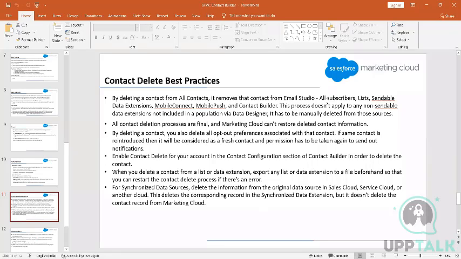Now, once we initiate the request for the deletion, what happens? It will not only delete from the contact folder, but from all subscribers list, sendable data extensions, mobile connect, and mobile push. It will delete the record from everywhere, right? Now, how does Marketing Cloud identify that it is the same record and that it needs to delete it? Because of the